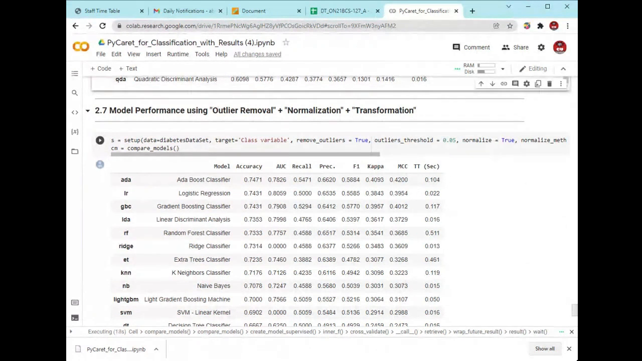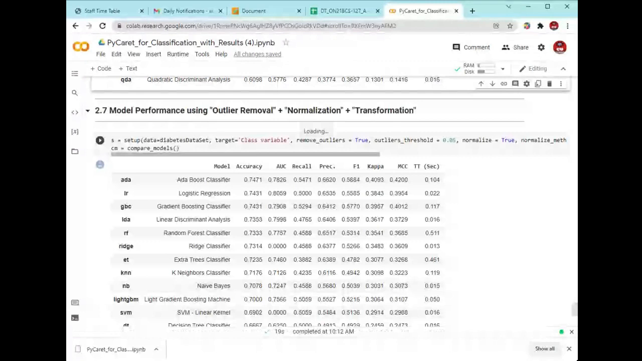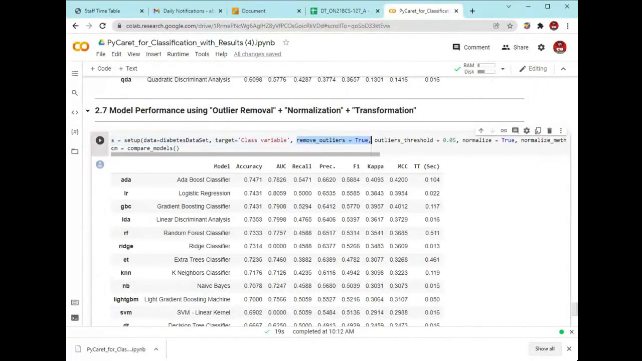Initially we have seen all the parameters one by one, but right now you can see after the target variable we set remove outlier to true, then we define the threshold value for this outlier removal, then we set the normalization to true, and we set the normalization method, and after that you can see we have compared this model with the